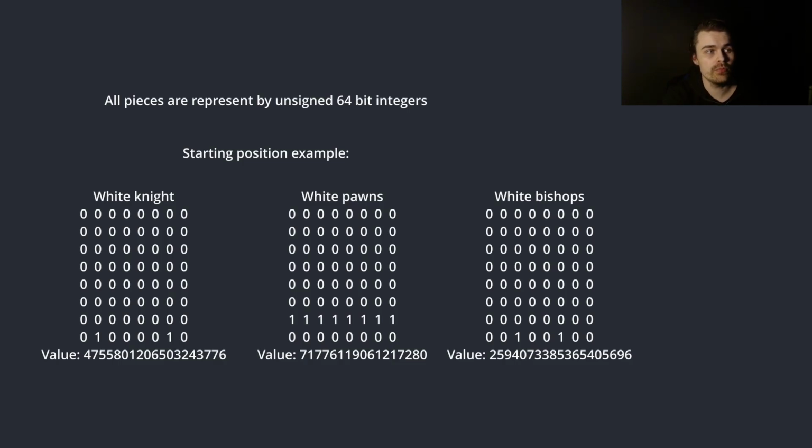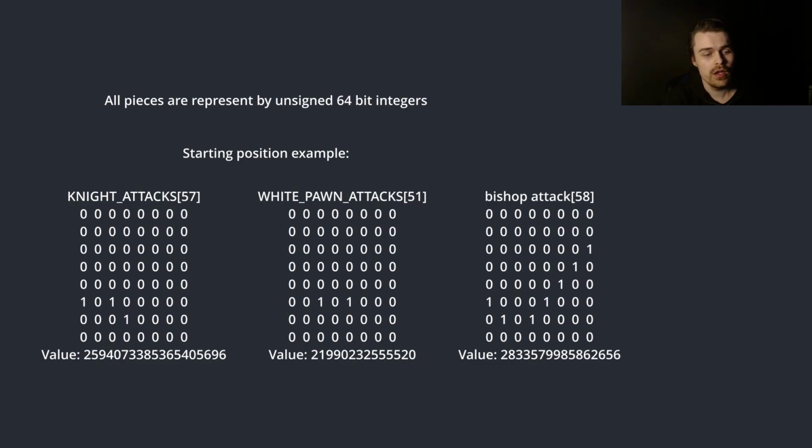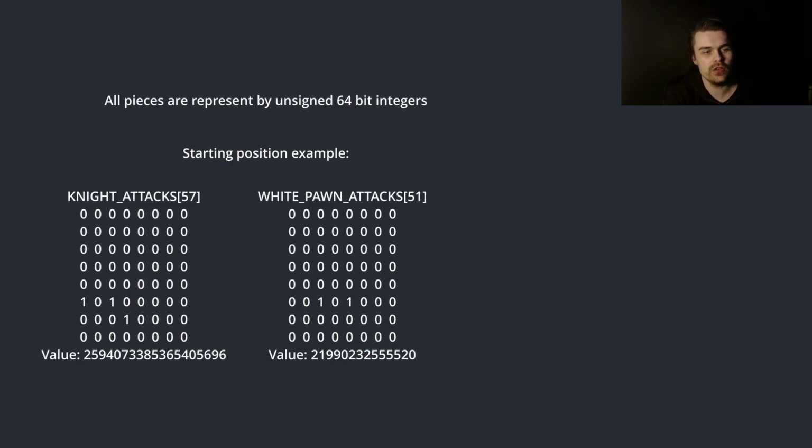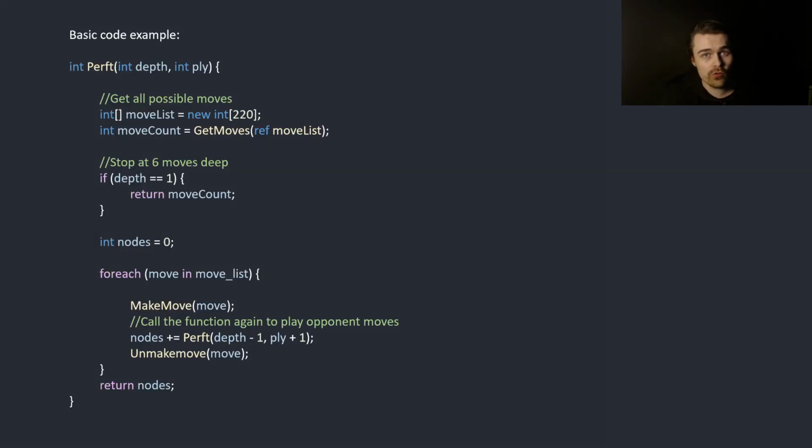The reason we use bitboards is because it's faster, because we have basically lookup tables for every piece that are pre-computed, and we don't need to loop through anything. You basically use a while loop and remove the bit each time, but it's a lot faster because there's no looping. That's the main reason it's faster. And the algorithm is basically just recursive. What we're testing here is, from the starting chess position, find all the starting moves. For every starting move, play the opponent's moves, and for all of those moves, play your response until we get to depth 6. And that's what we get, and the result we're looking for is